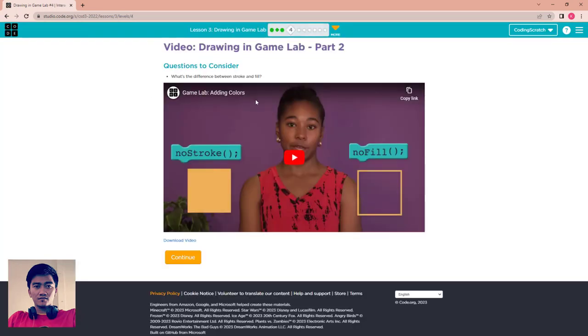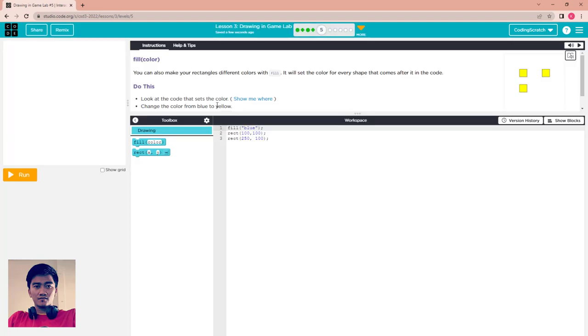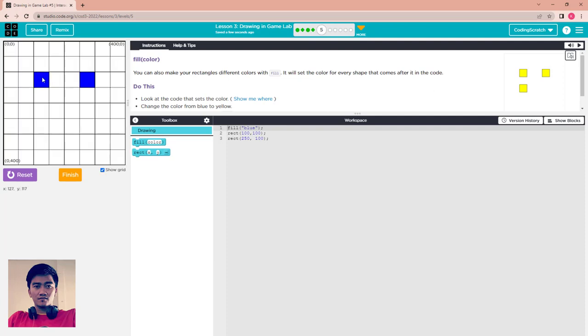Another one is the video that introduced you to no stroke and no fill. No stroke, no fill. Okay, continue. What is no stroke? What is no fill? Okay, so for now, when we click run, we can see the two squares here with the blue